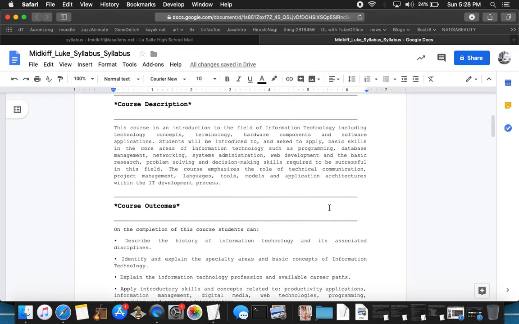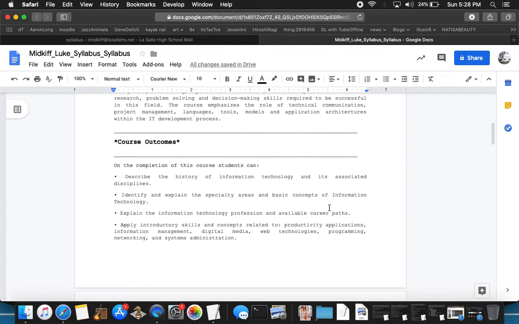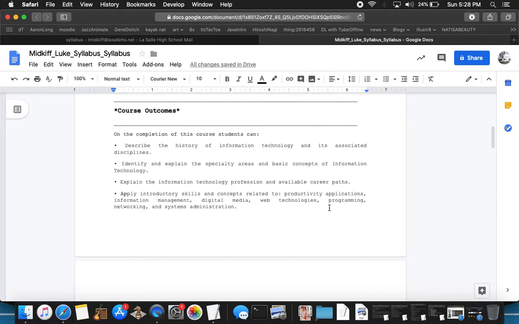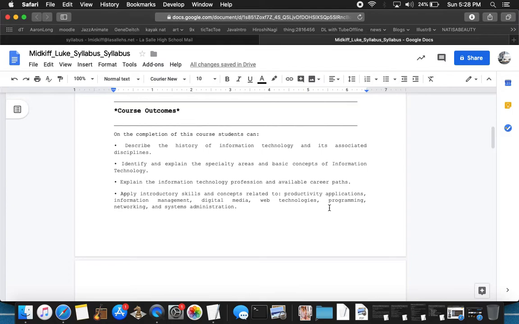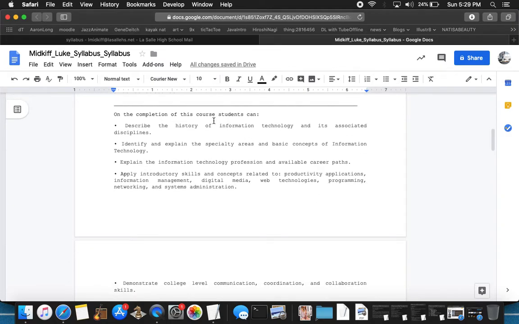Reflecting how this is important. These things right here we're going to be going over. You need to have a strong foundation, and then you're going to get that in this class. With the objectives upon completion of this course, you're going to be able to describe the history of information technology, which is important. You need to know about what you are getting into. You need to know the history of it. It's very important. You're going to need to be able to identify and explain the specialty areas of basic concepts